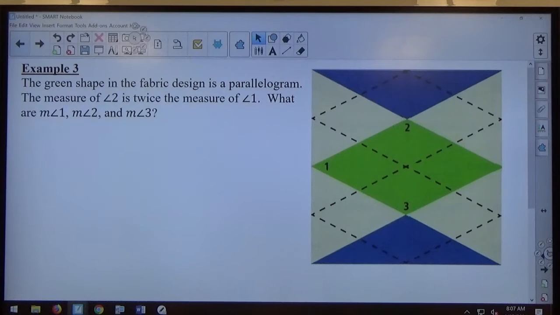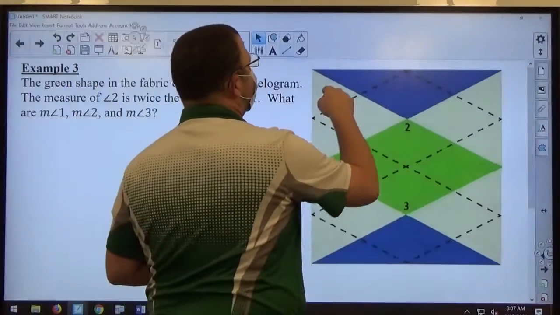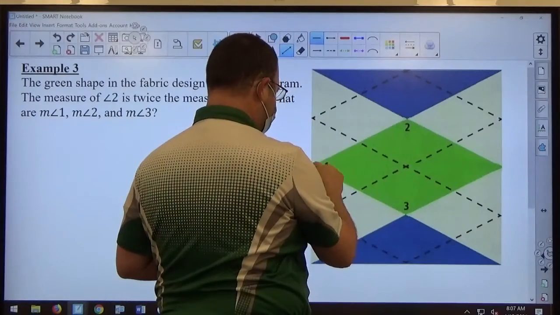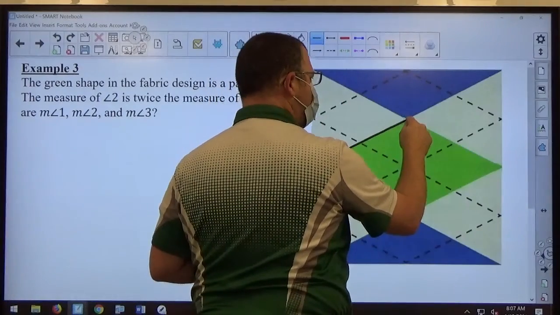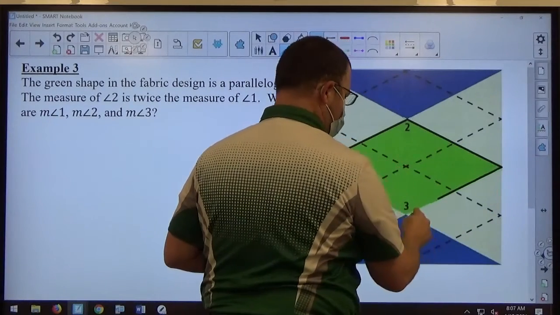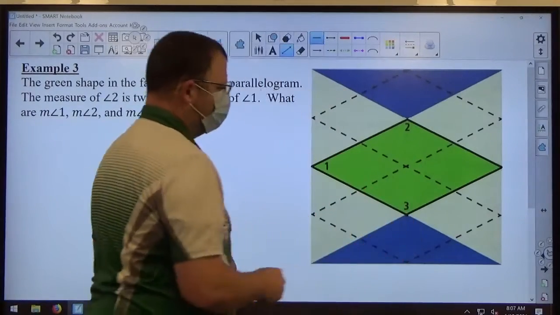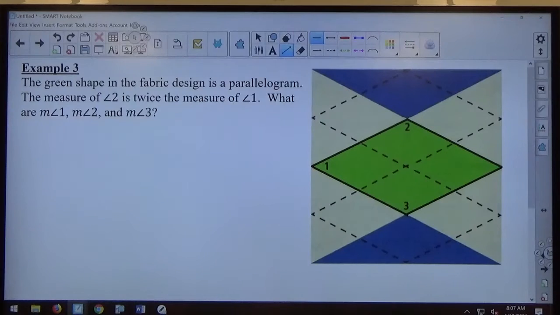Continuing on with chapter 6.3, we're still in parallelograms. And the green shape in the fabric design is a parallelogram. So right here, they're saying this is a parallelogram. If I were to give edges to it, just so we can get a better view of it. Claiming that's a parallelogram, which opens up all those parallelogram properties we learned yesterday, which is opposite sides parallel and